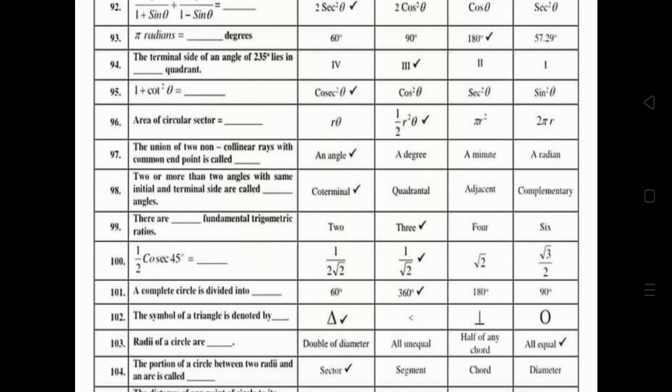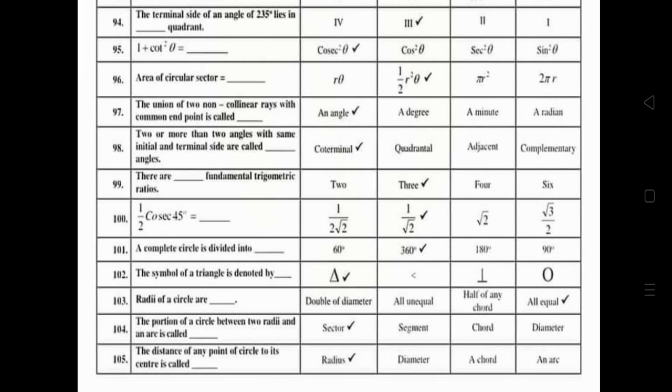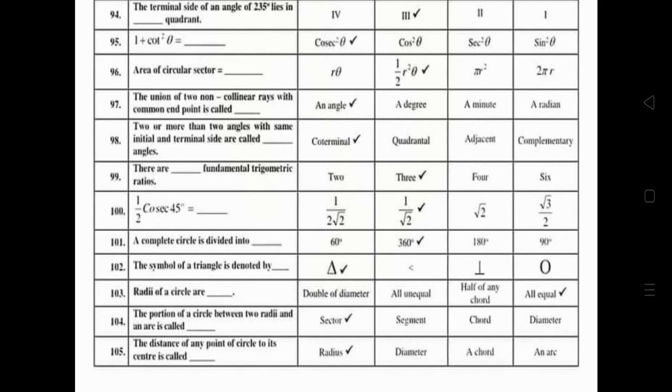There are three fundamental trigonometric ratios. 1 divided by 2 cosecant 45 degree is equal to 1 over under root 2. A complete circle is divided into 360 degree. The symbol of a triangle is denoted by